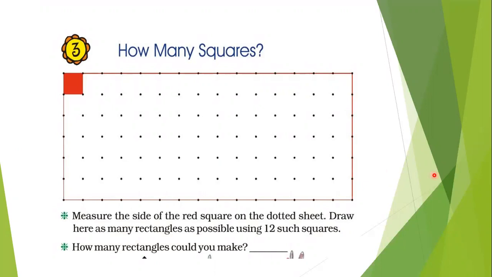See in the figure, you can see so many dots. See, the outer boundary is rectangular in shape, right? What's the length of this rectangle? We will count how many centimeters are there. 1, 2, 3, 4, 5, 6, 7, 8, 9, 10, 11, 12, 13, 14, 15. So length is 15 centimeter and breadth 1, 2, 3, 4, 5, 6. 6 centimeter breadth. It is the measure of this rectangle. 15 centimeter length and 6 centimeter breadth.